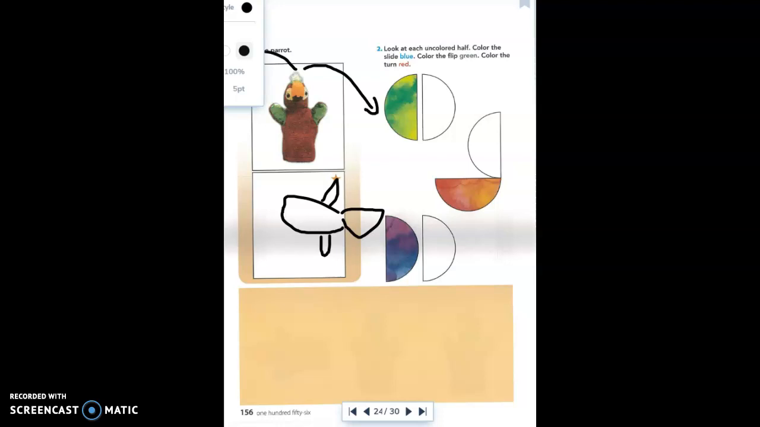Now, for this next part, you're going to need a blue, a red, and a green crayon. I'm going to start with blue, okay? It says, look at each uncolored half. Color the slide blue, the flip green, and the turn red. Okay, so